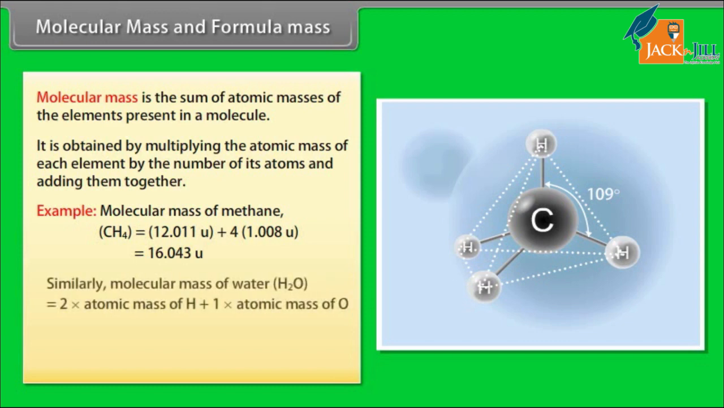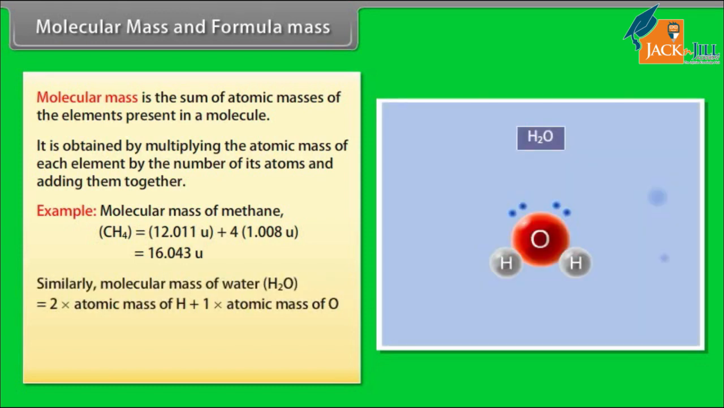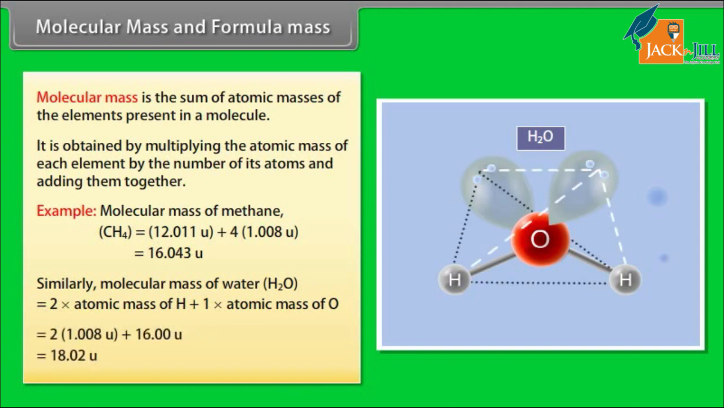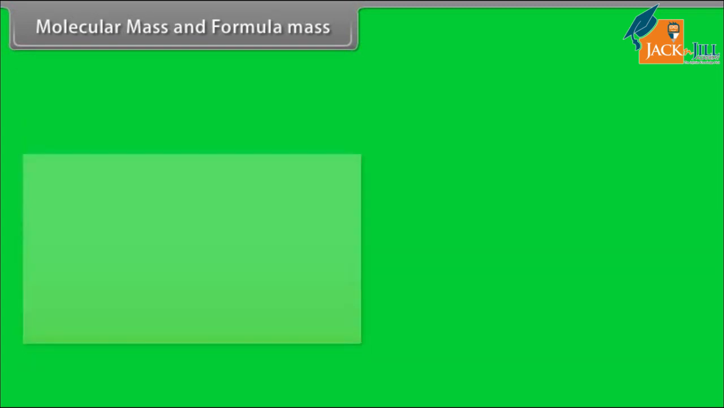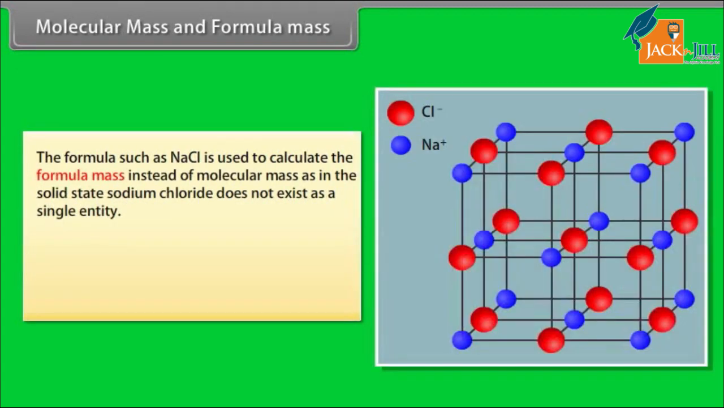which is equal to 16.043 u. Similarly, molecular mass of water, H2O, is equal to 2 × atomic mass of H plus 1 × atomic mass of O, which is equal to 2 × 1.008 u plus 16.00 u, which is equal to 18.02 u. The formula such as NaCl is used to calculate the formula mass instead of molecular mass, as in the